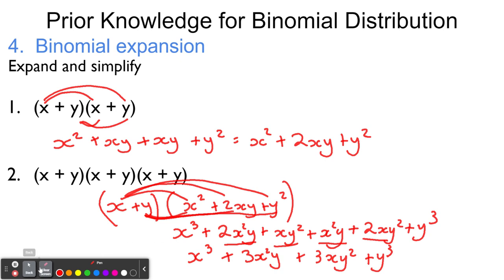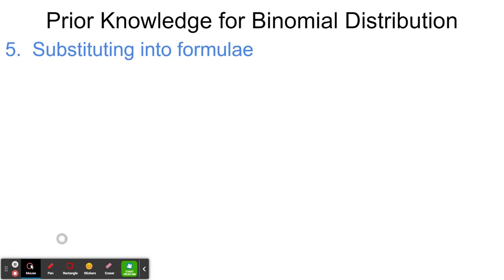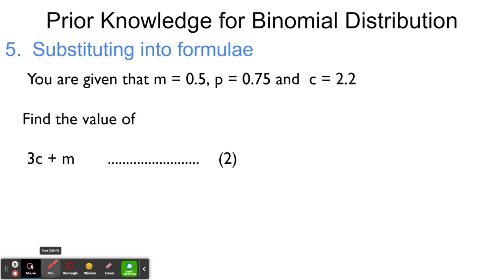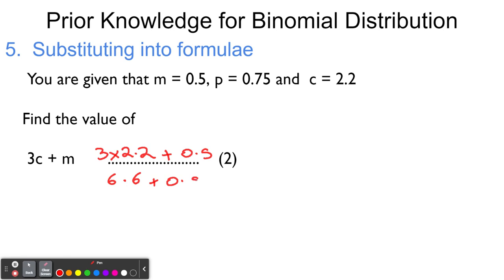And then the last thing that we need to take a look at is just substituting into formula. So we've just got a really basic one here. So we've got 3 lots of 2.2 because that was the value of C, and then we're adding 0.5 onto that. So 3 times 2.2 is 6.6, and then we're going to add 0.5, and that's going to give us 7.1. And then we've just got one more example of substitution,